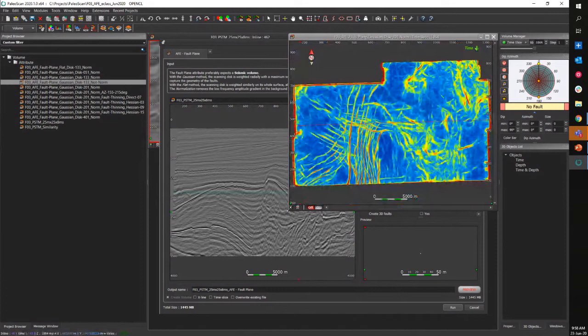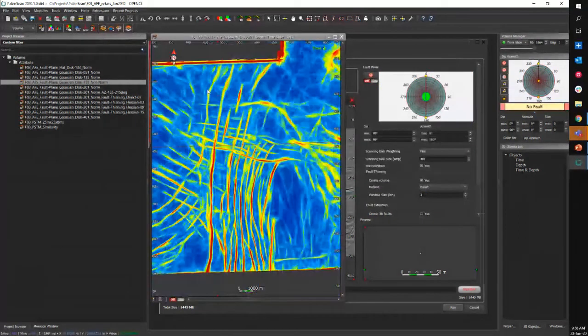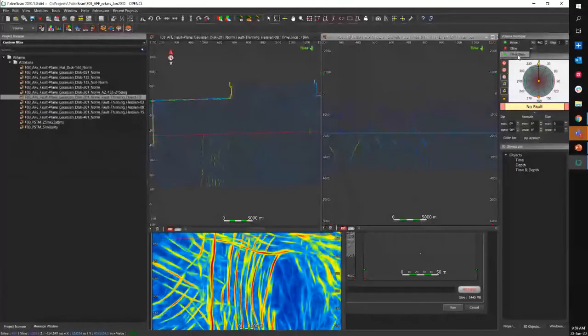Let me show you the main difference in time slice. This is the data I'm going to use as an input. If I use the Hessian method, it's going to look like this, and the direct method will look like this. Now if I display the time slice,